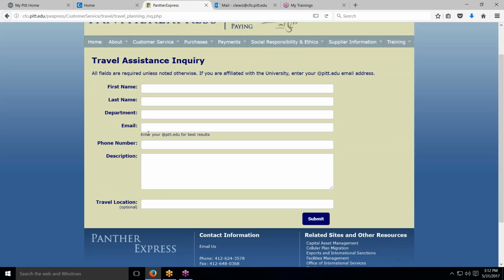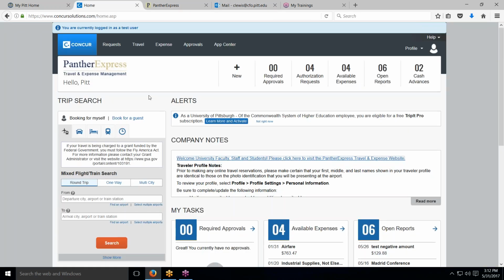Their first and last name, department email, etc., where they might be going to, and why they need a travel advance, what it would be for. And you want to submit that. And once it's submitted, it goes to the manager of payment processing. Once they approve this request, they will open up the travel advance feature for you within the Concur system. So if I go back to Concur,